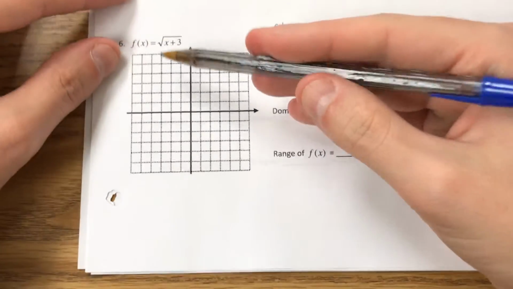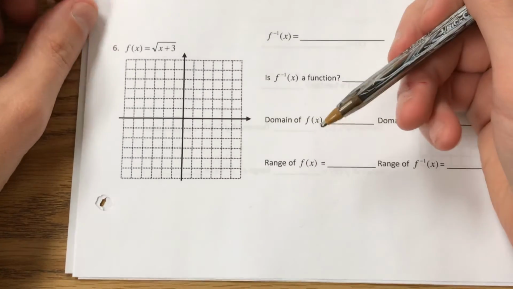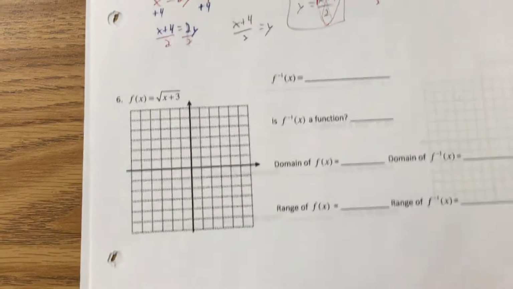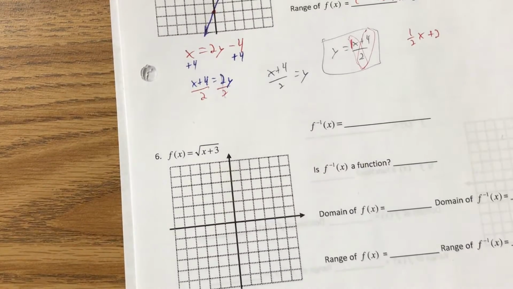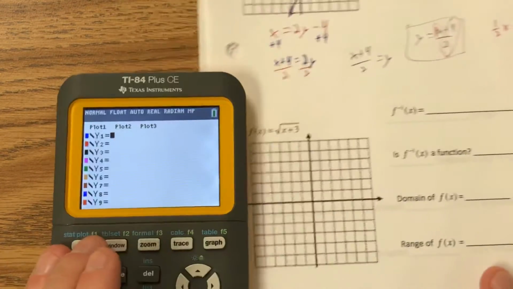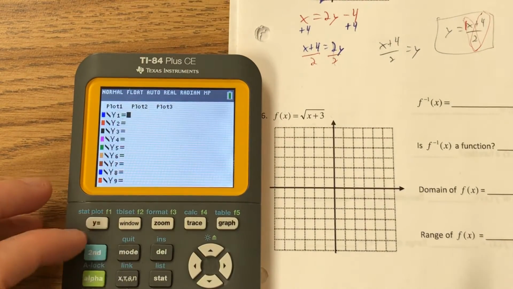If you don't know how to graph square root, worst case scenario you can plug it into a calculator and then use the table to get some points. Or if you know your perfect squares pretty well, you can plug in some numbers. But I'm going to assume the worst. You go here, you type in square root